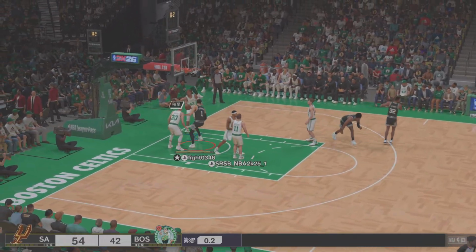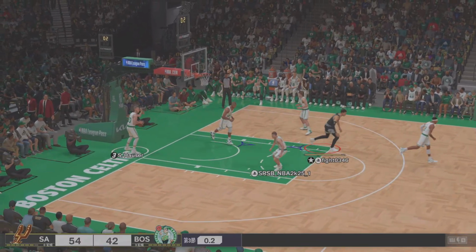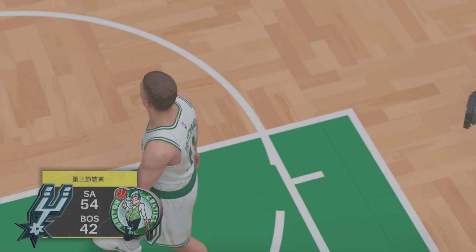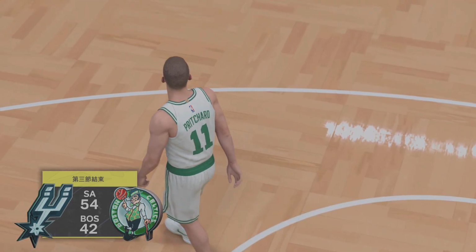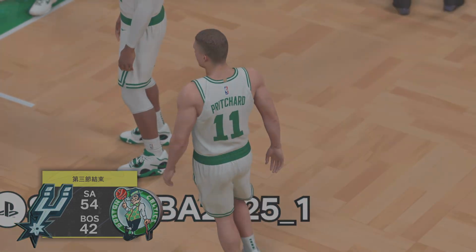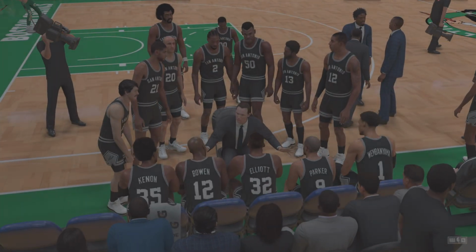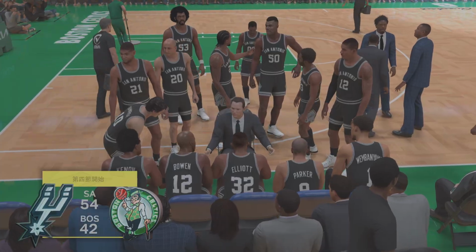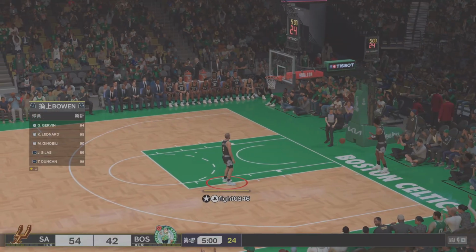Going up top, it's Wembanyama. Woo! I just love that alley-oop slam. Defense disorganized, defense pays. 42. And so it's San Antonio 54. And there have been two very different performances from these teams today as we get going in quarter number